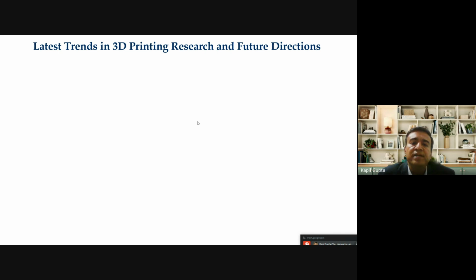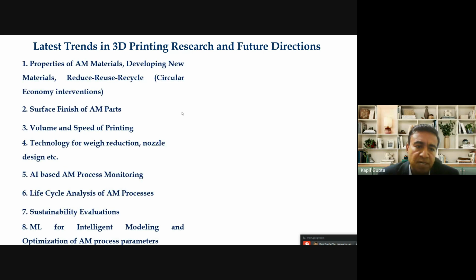So latest trends in 3D printing of functional materials, whether you talk about any material or specifically functional material, and considering all 3D printing techniques, because functional material processing is possible by all solid, powder, and liquid based processes. So here are the latest trends where we can make attempts, future attempts, maybe collaborative future attempts. So these are what properties to make interventions in developments of superior properties of remanufacturing materials, developing new materials, to work towards the reduction, reusing, and recycling of the 3D printed scrap, let's say, or waste or material,